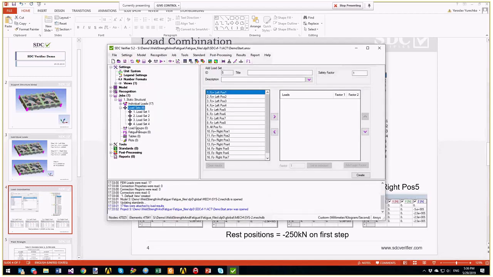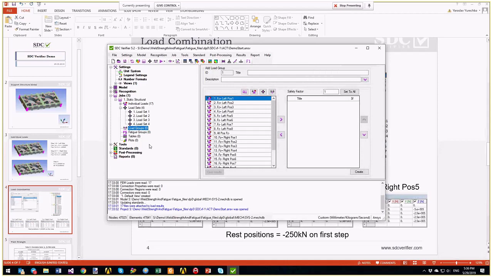When you have a lot of combinations, we have an item called a load group, which is an envelope. We use that to quickly estimate all your results. If you make a plot or table for an envelope, you get the minimum and maximum results for all the items added to the envelope. In my case, I'm going to create an envelope